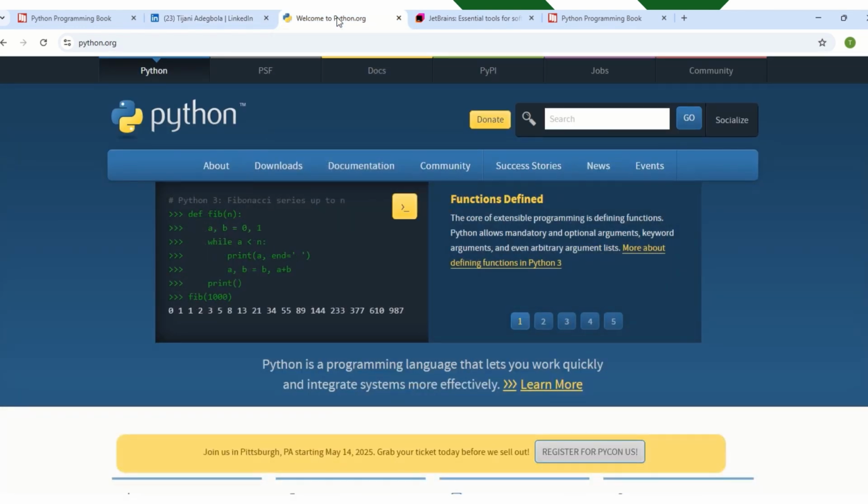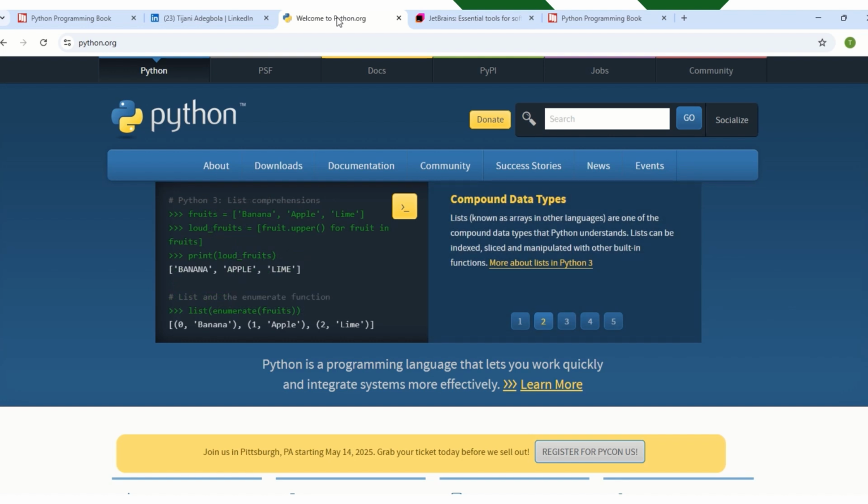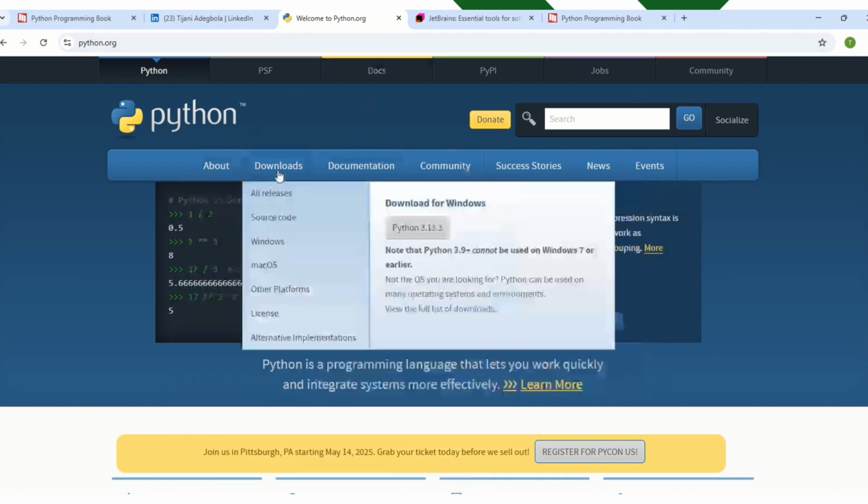Before we go ahead and talk about anything about Python itself, it is important for us to talk about software download. I'm not going to really go deep into this, but it is important that I mention this. When you go to python.org, it's going to bring you to this page. When you click on download, you can see options for various machines, so you can select the one you want. If you are using Windows, you can go here.